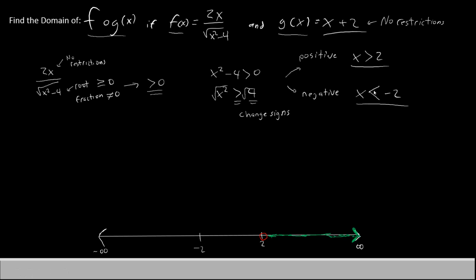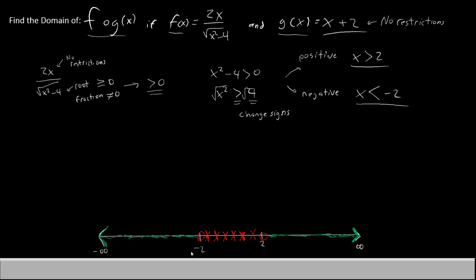From our second restriction, you see that it's got to be less than negative 2, so it can't be equal to negative 2. We'll put an open circle there as well. But everything that's less than negative 2 is okay, so I will fill that in green as well. Now anything that's between negative 2 and 2 cannot be in the domain either. So I'm going to put some x's there to show that anything in that middle region is excluded. With that in mind, we figured out where f and g are defined on the number line.